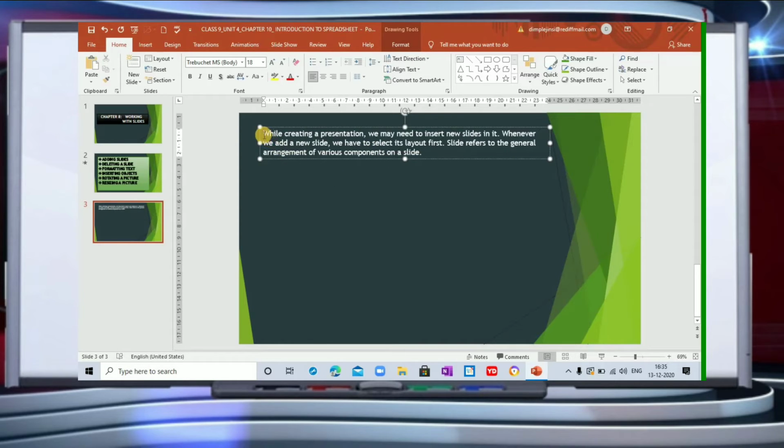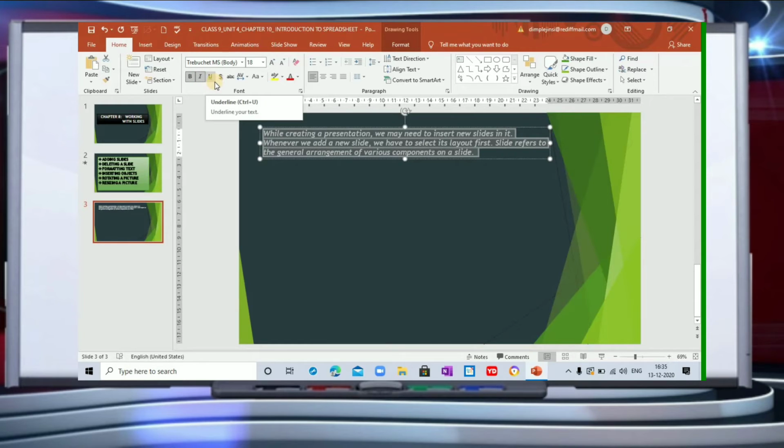So I have created it already. If this is the typed text, I am going to select the text. I have told you already, unless and until you select the text, you cannot format your text at all. So I have selected it. Either I am getting a box here, so I can format my text from this box, or I can simply go here. This is the font group. You can make it bold, you can make it italics, and you can see the changes that are made simultaneously in your text.